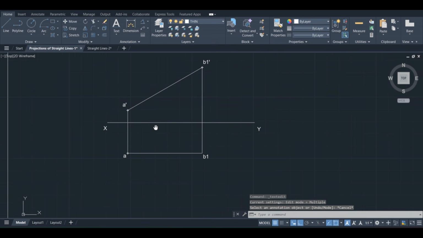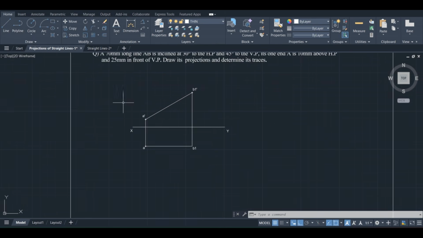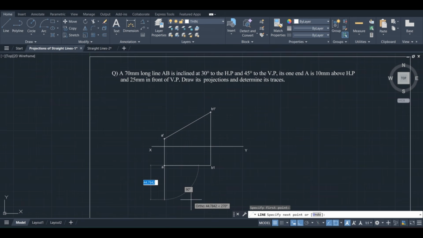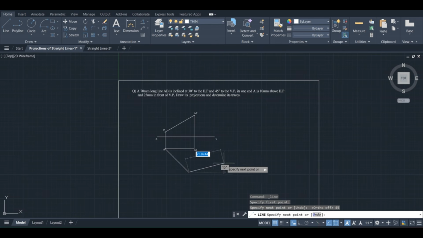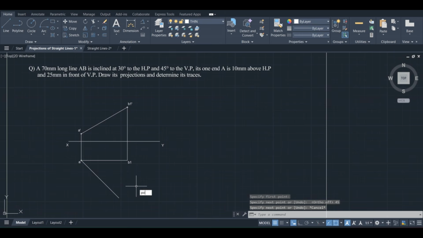Fine. Similarly, draw the line in top view with the given true length and true inclination. Take the line from point A, draw a line in downward direction. Here switch off the ortho mode, press F8, and give the length of the line as 70, press tab, give the inclination as 45 degrees, press enter. Okay, escape. Now you can see here this point, mark a point there.